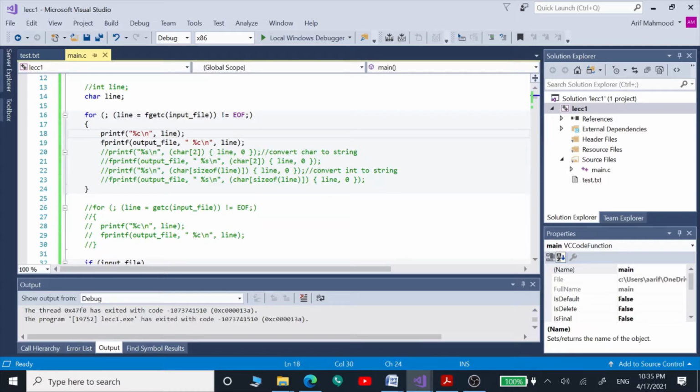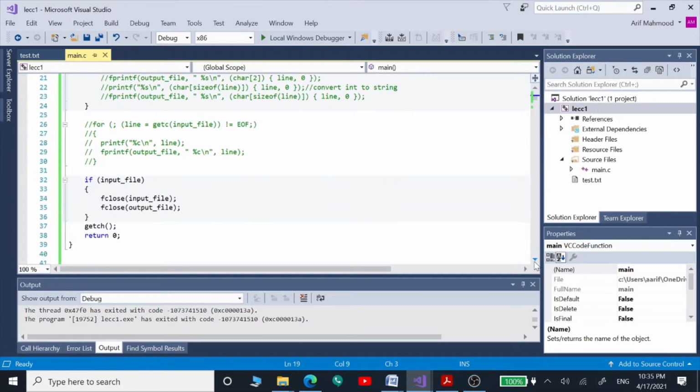After that we are going to use this variable line to print those characters onto the console window first, and then we are going to store those values into our output file as well using this fprintf function. And lastly we are going to close both input and output files, and this is our complete program.